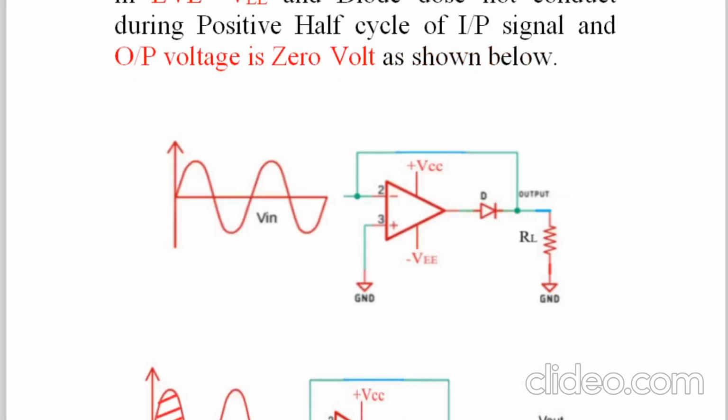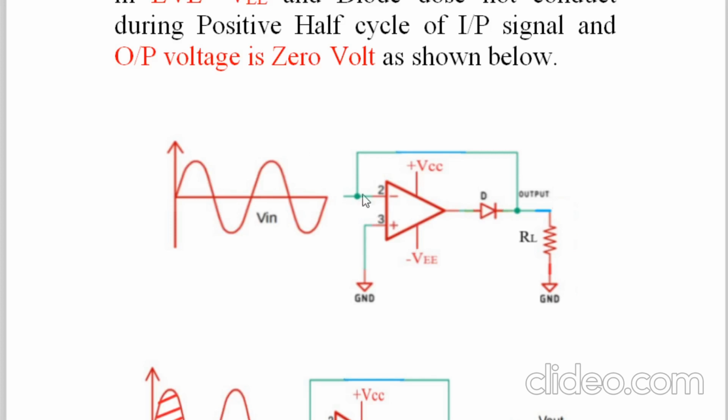So here first of all I will show you the diagram. See, the inverting input of the op-amp and the non-inverting input of the op-amp. What we are doing: the output of the op-amp is connected to the anode of the diode, the cathode of the diode is connected back to the inverting input, and we are applying a sine wave. Now you see here, we are applying the sine wave to the inverting input. We are not using the non-inverting, so it is connected to ground, and the same RL is there. So this is another logic. But here try to understand, the non-inverting pin, that is the positive pin, is always connected to ground, meaning 0 volt. And whenever we compare the voltage, don't forget that this voltage is 0 volt. So in this way, now let us start this understanding.